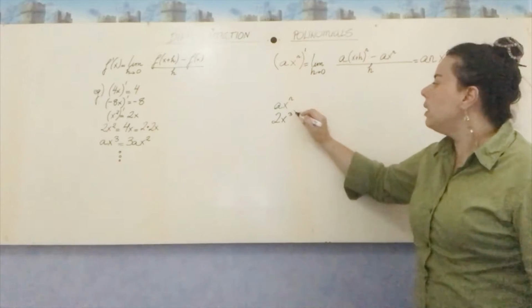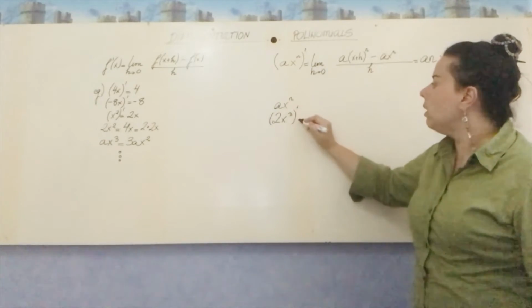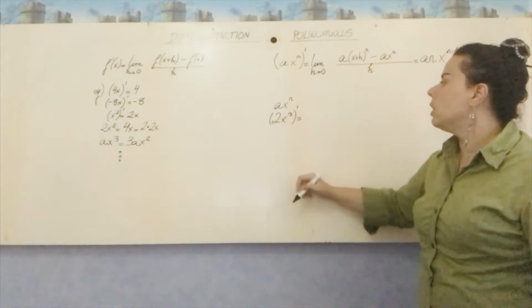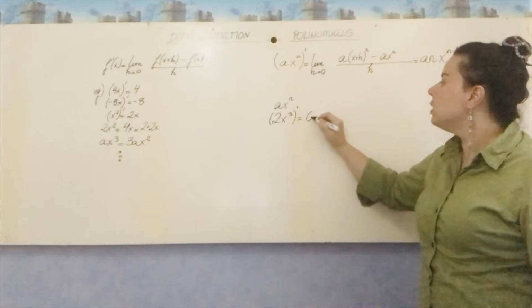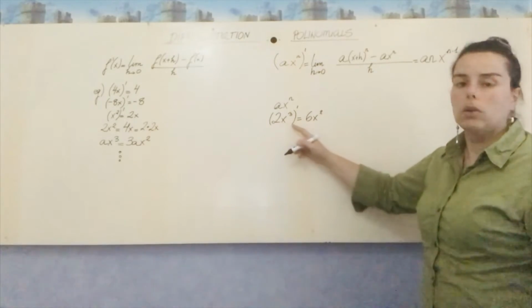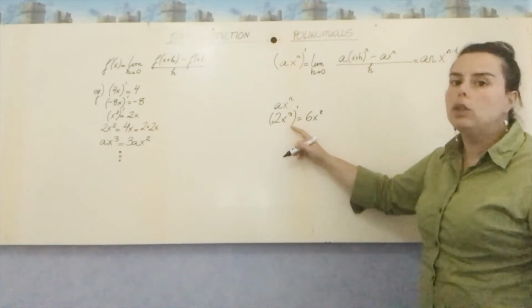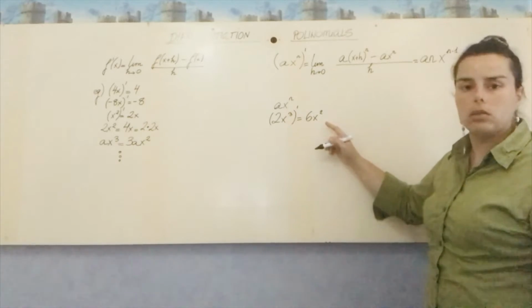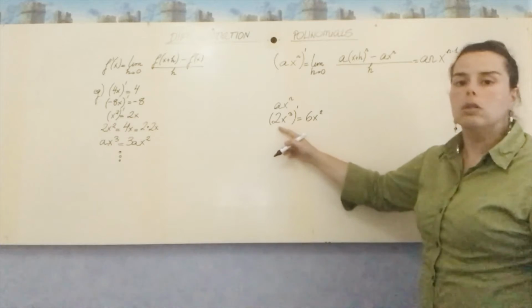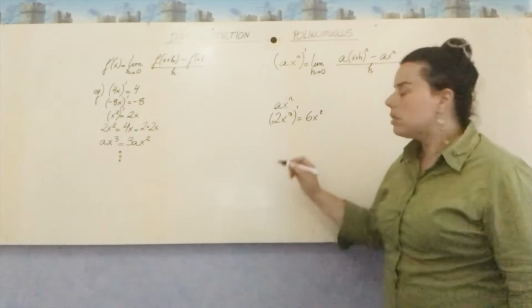Of course, if I could do that, yes, well, I could go straight into 3 times 2, that would be 6, x to the n minus 1, which is 2. So the derivative of 2x cubed, for example, is 6x squared. Now there are a lot of things that I can use this pattern with. Things like